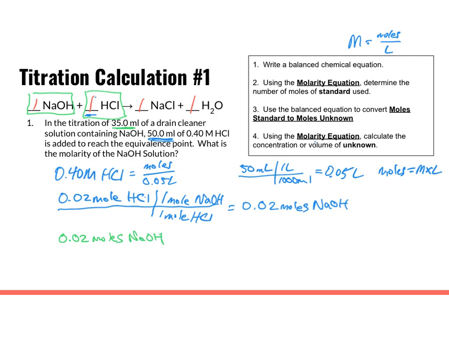Again, it has to be in liters, right? So I'm going to divide by 1,000, not milliliters, and I'm going to get 0.035 liters. When I punch that into my calculator, I'm going to get a total of 0.57 molar NaOH, or if we are keeping in mind sig figs, 0.6